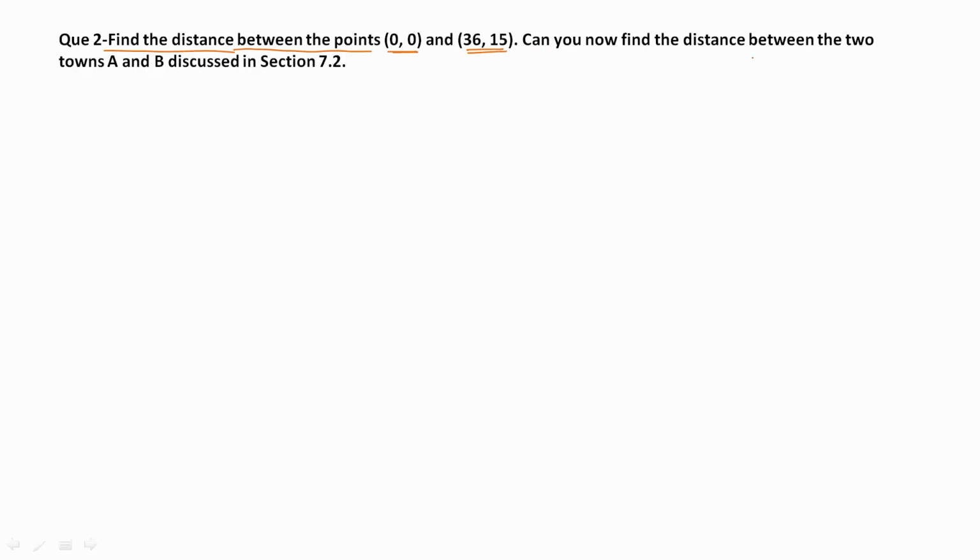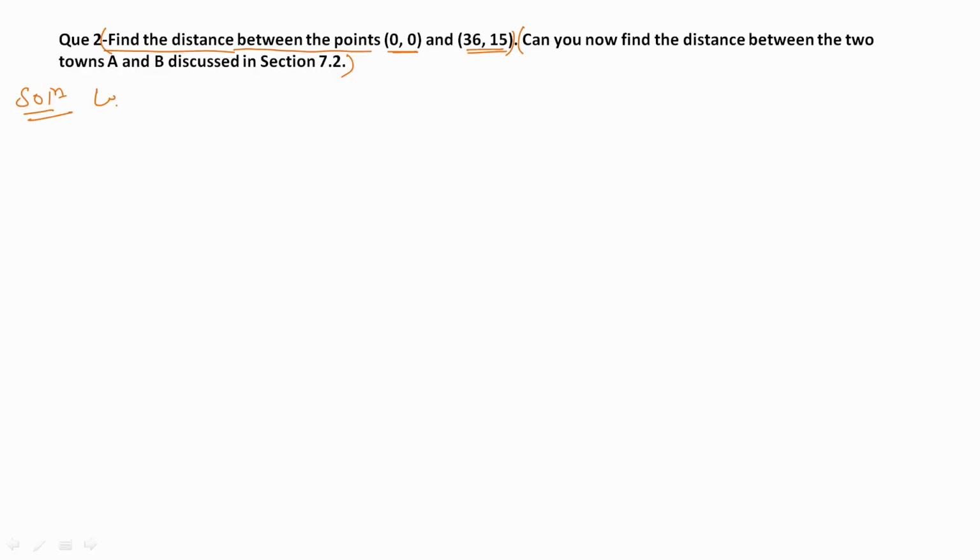Can you now find the distance between the two towns A and B discussed in section 7.2? Section 7.2 is just like your question number second, so this part and this part from section 7.2 are the same. So the solution is,